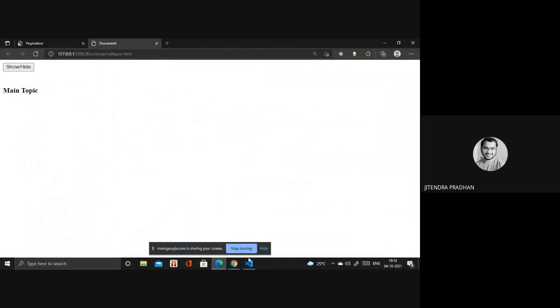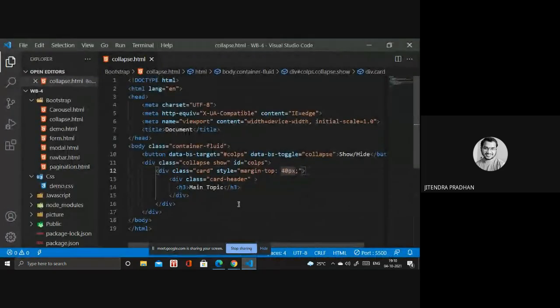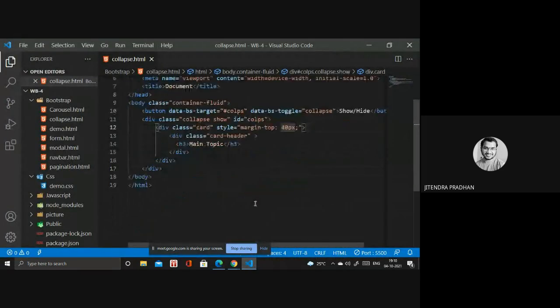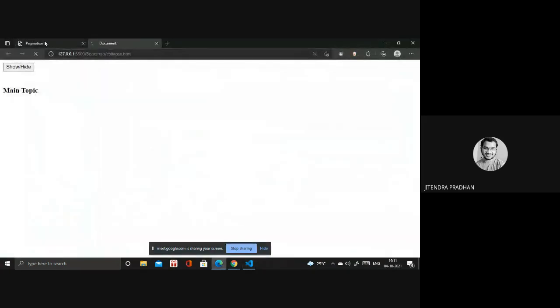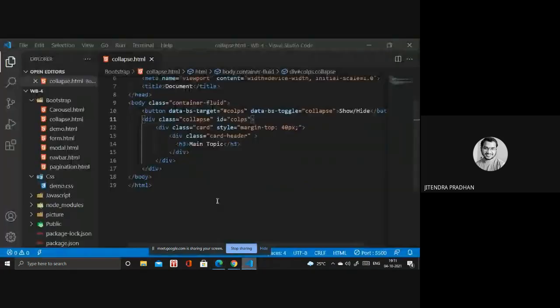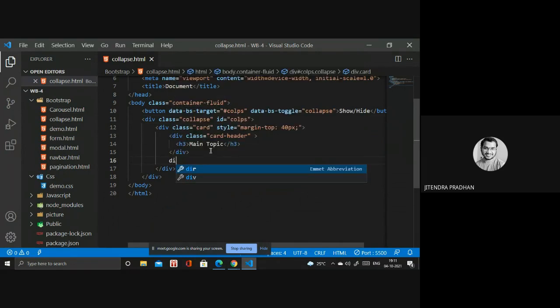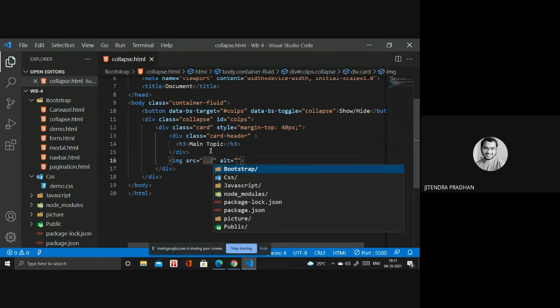Next thing, what other thing do we have? Collapse is done. Collapse height. If I give an image inside, let's see what happens. img first class.